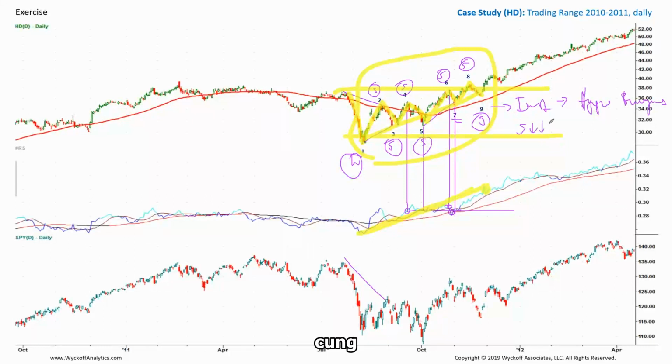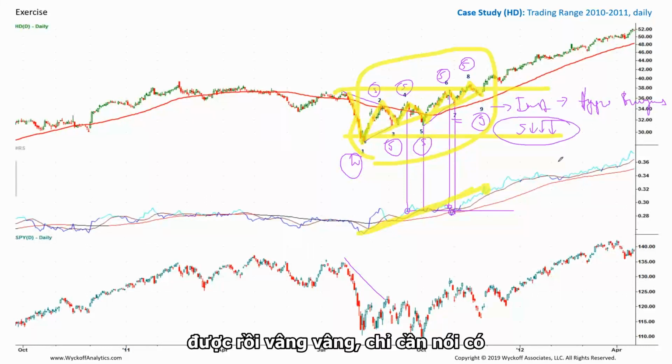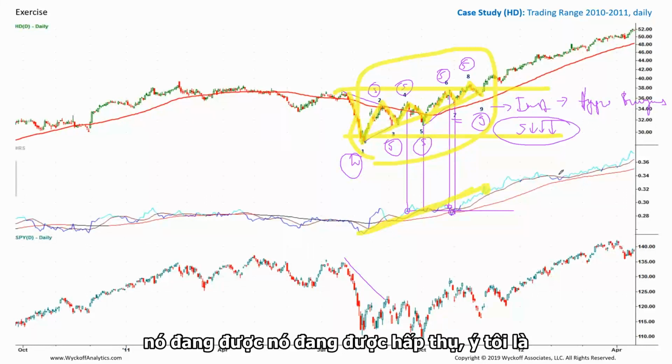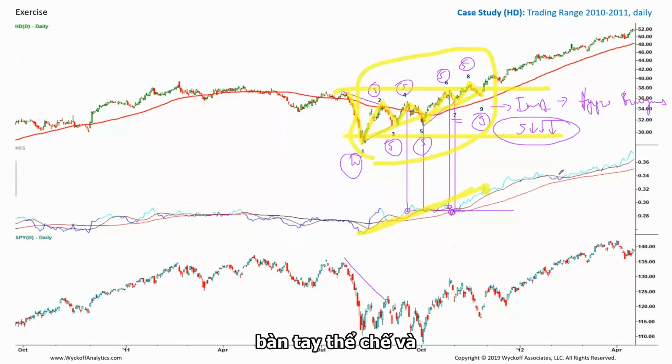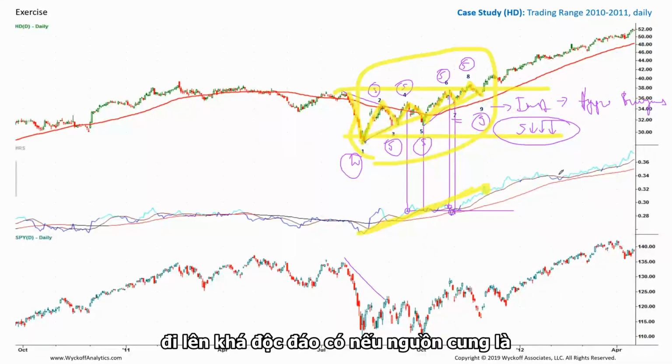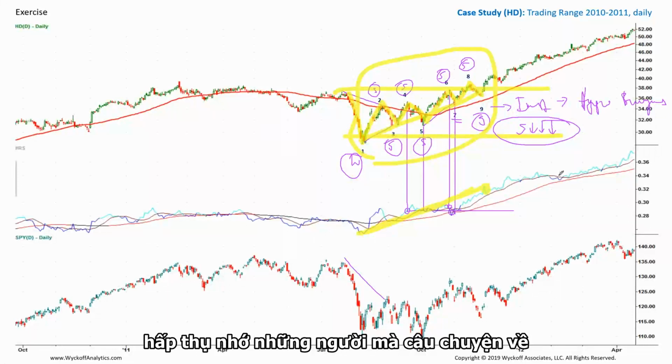Supply, go ahead. Yeah, just saying, it's being absorbed. I mean, supply is moving into institutional hands, and prices are going to ultimately keep going up pretty nicely. If supply is absorbed, remember, guys, that story